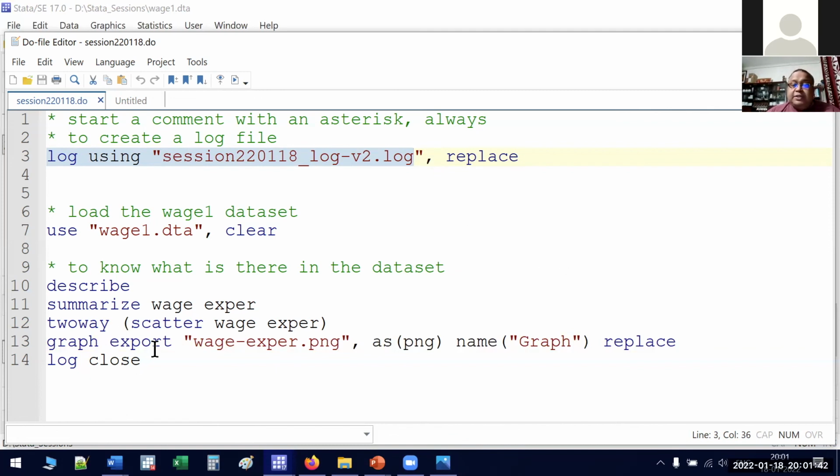Same logic for this graph export as well. The first time I try to run it, it will create this file called wage-experience.png. But the next time I try to run it, if I don't use this replace option, Stata will encounter a problem. By giving this replace option, what I'm asking Stata is, if there is a file by the same name, delete that and replace it with this new file. So let me just show you what happens if I do not put this comma replace with this log using